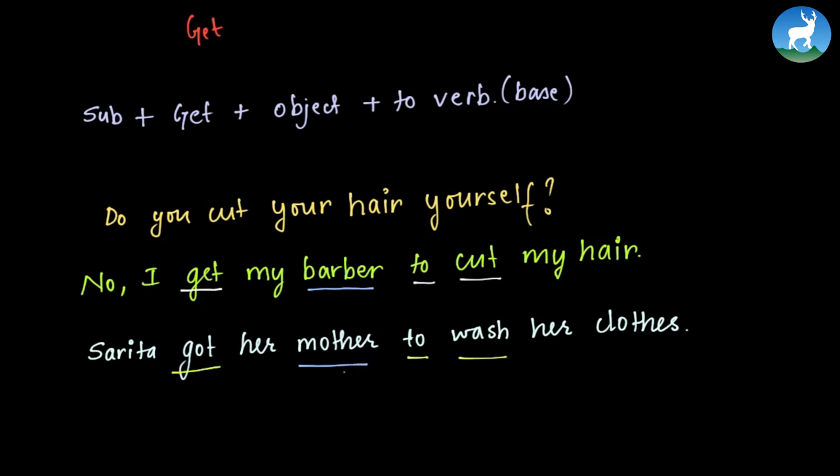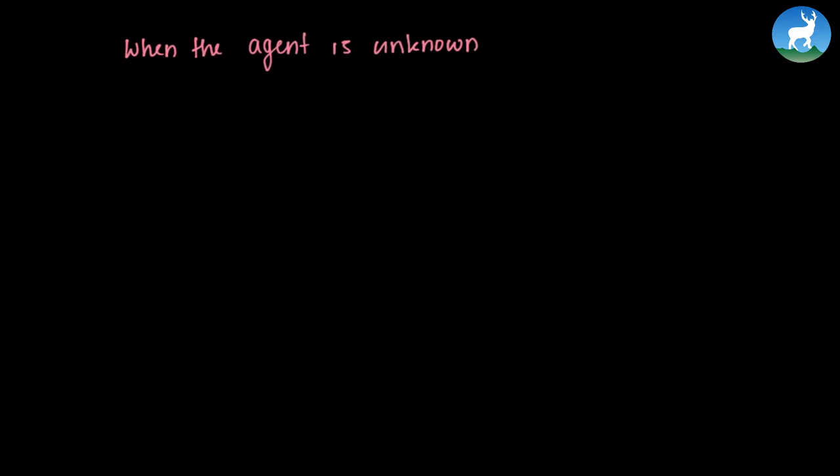If we don't have the agent in a sentence, do we still follow the same structure, that subject plus get plus object plus to base verb? No, we don't. Now let's look at the use of get when the agent is unknown. So when the agent is unknown, the sentence structure becomes get plus object plus the past participle form. For example,